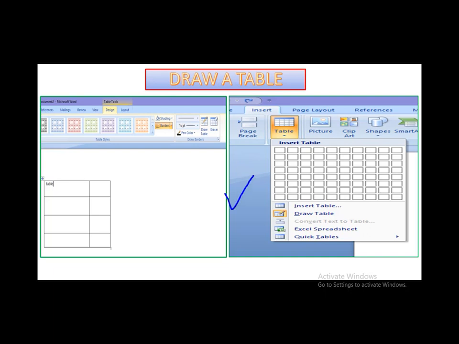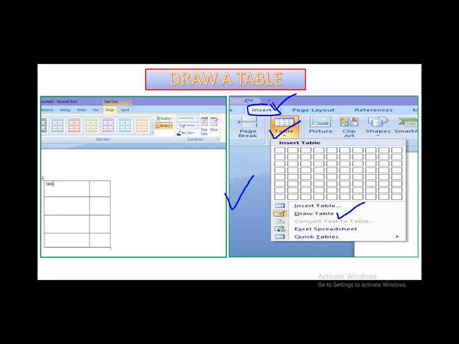Look at this figure, children. First, you have to click where you want to create the table in the document. After that, go on the insert tab. This is the insert tab option. Click on this insert tab. Select tables group. This is the tables group. Click table and then click draw table. This is the draw table option. Select draw table option. When you select the draw table option, the pointer changes to a pencil.